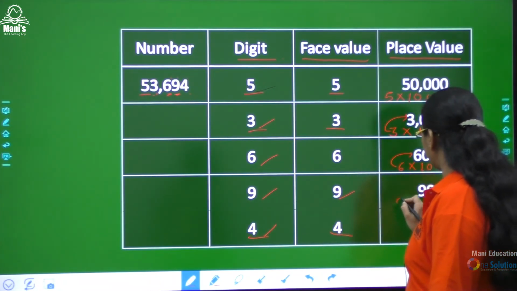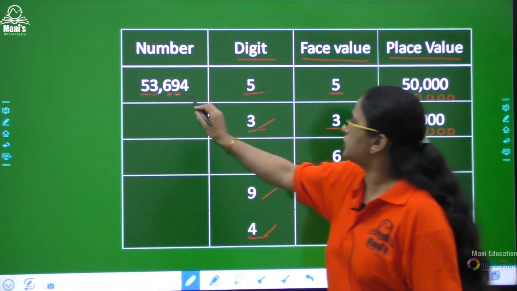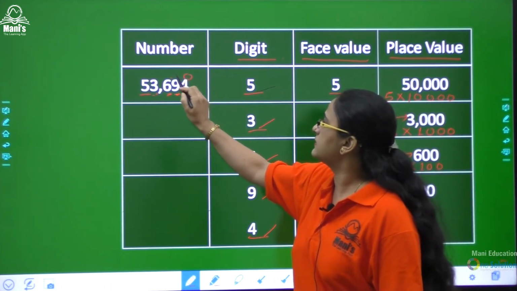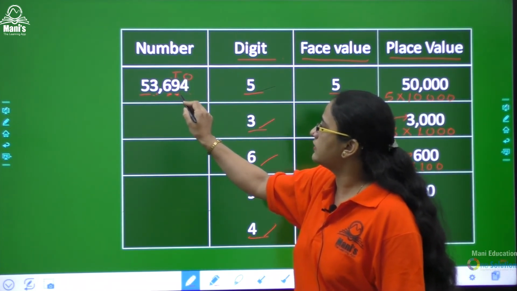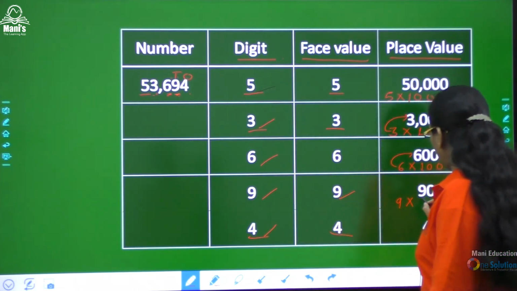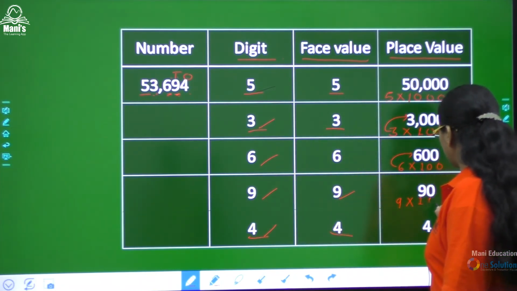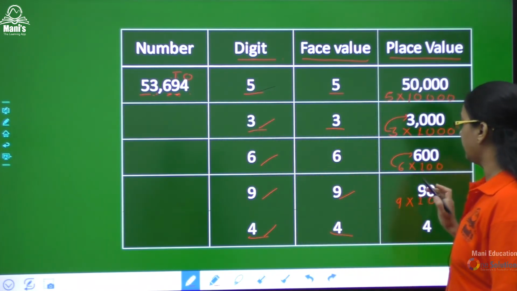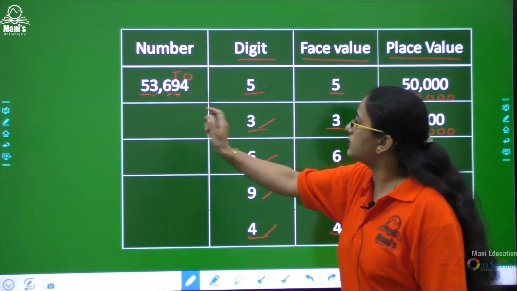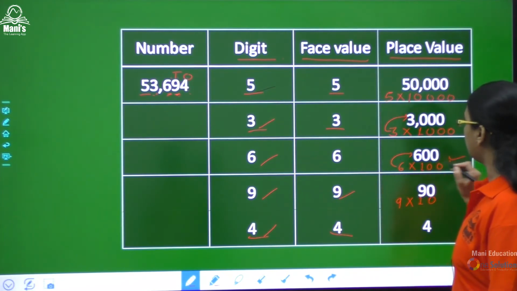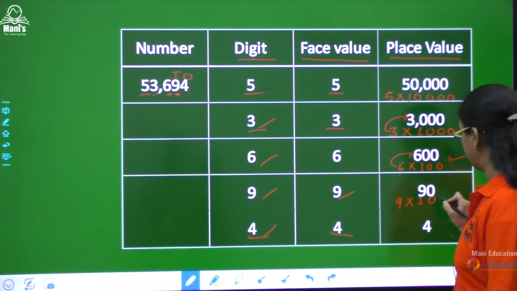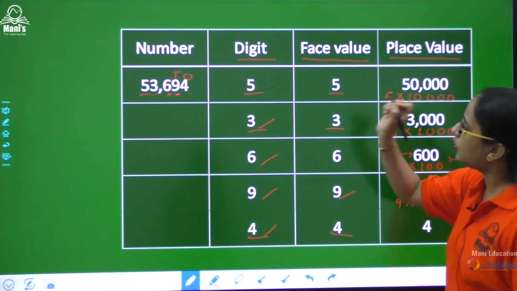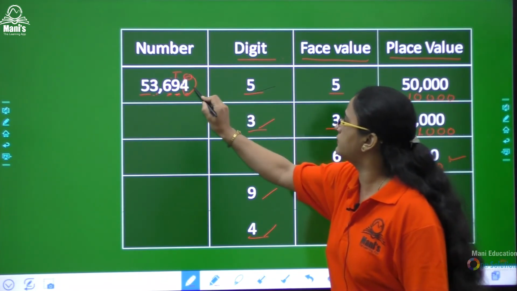It is a ones place, it is a tens place. So in place of this, we will multiply 9 by 10, because only one digit is there after it. After 6 there are 2 digits, that's why we put 2 zeros, and we will get 90. Now we will come to this, that is 4.